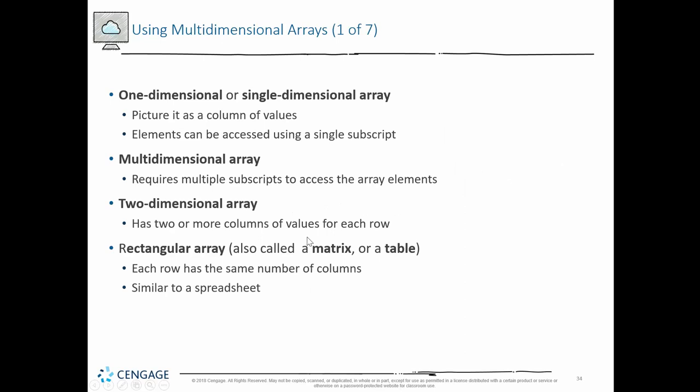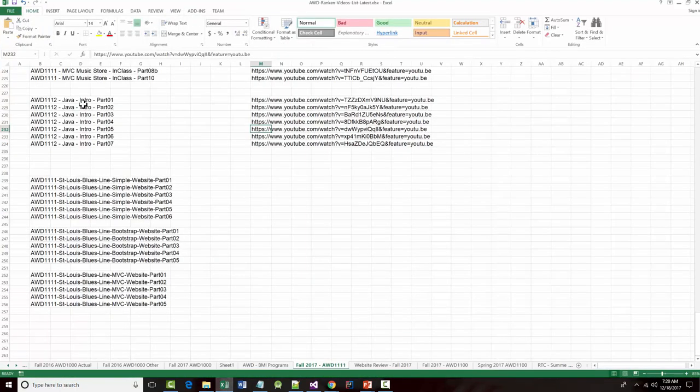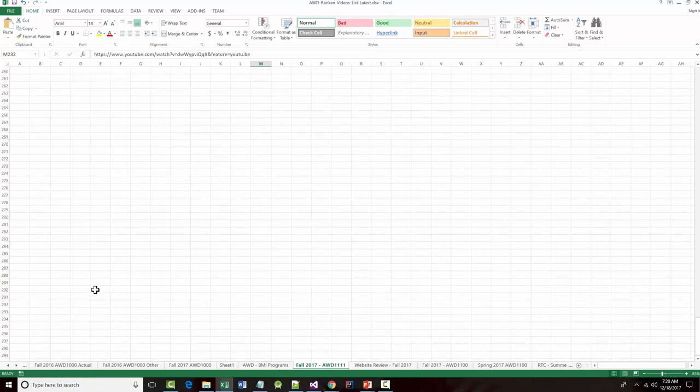You can have arrays of multiple dimensions, and it's amazing. I've done this before where I talk to people and they tell me, I just don't get these arrays that are multiple dimensions. They don't make sense to me. And then I talk to them and I say, you ever work with a spreadsheet? Yeah, I work with Excel all the time. Well, that's just a